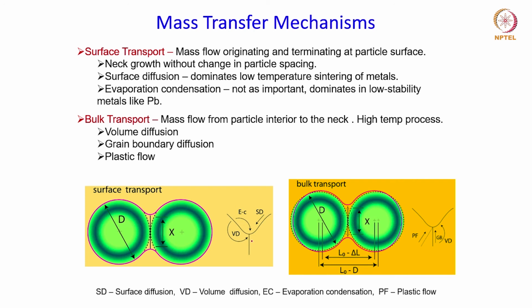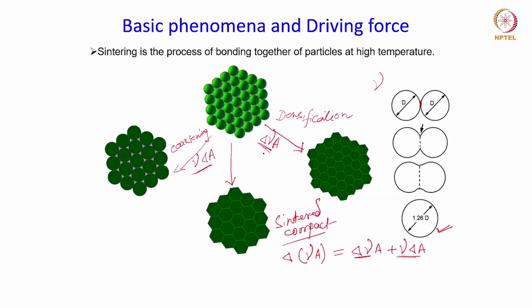But before we close, let us take a moment to summarize the lecture. So today we talked about the basic principle of the sintering process, and we have learned that the main driving force for the sintering is the reduction in the total surface energy that leads to an ultimate reduction in the total energy of the system. And the sintering process basically starts with the formation of a neck at the contact points of the particles, and as it proceeds the neck grows, which ultimately leads to pore closure.